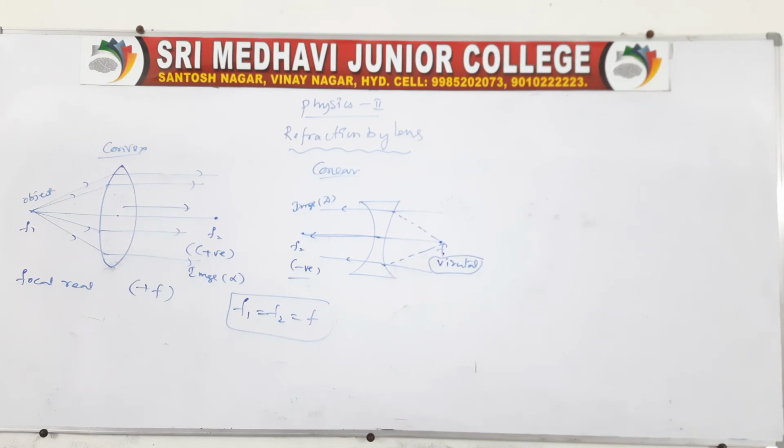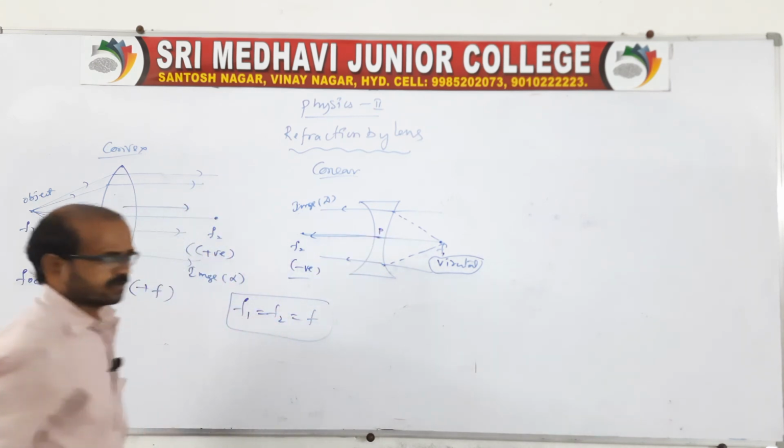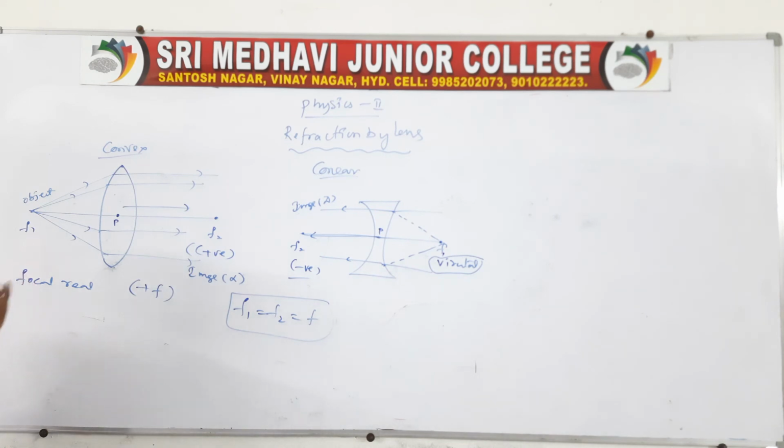Now we'll move to the next one. There is a sign convention, which I just told you. Again, from here I will tell you the sign convention. All the distances are measured from the optic center. Here also is an optic center. First, we have to say the radius of curvatures as well as the focal points. For this convex lens, the first radius of curvature R1 we can take as positive, because it is in the same direction.